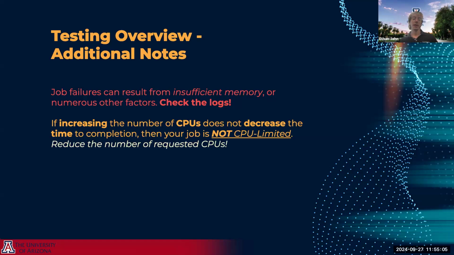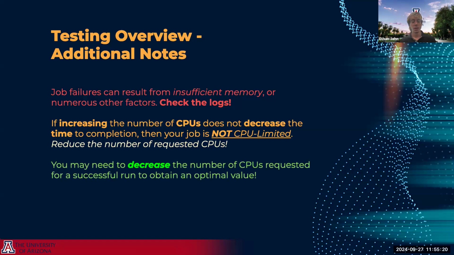So again, if increasing the number of CPUs does not decrease the time to completion, then your job is not CPU limited, or it is not using those CPUs effectively, and it's good to reduce the number of requested CPUs. And you may need to decrease the number of CPUs requested for a successful run in order to obtain an optimal value, right? Like if I'm requesting a full node on Puma, 94 CPUs,